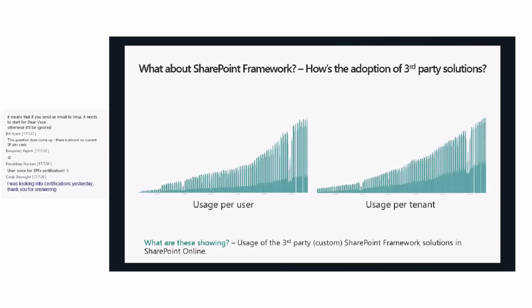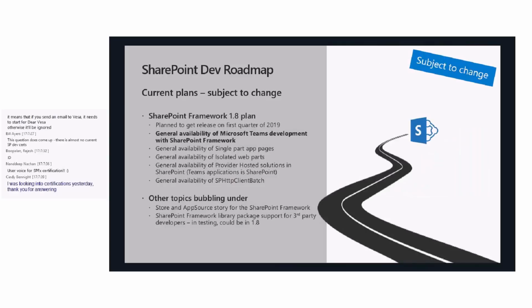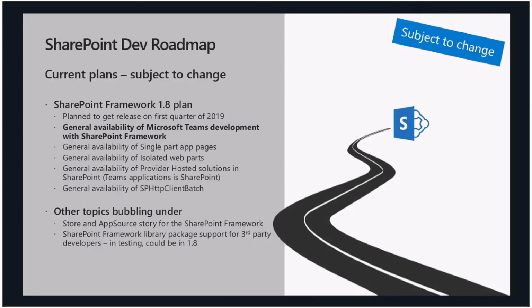Other things, a quick update on the SharePoint Framework developer roadmap. Just a reminder: 1.8 is the next thing which is going to go out. 1.8 was actually originally scheduled for today. So, full transparency, we were planning to release that today. Certain alignments required for Microsoft Teams and SharePoint, so we will delay that slightly. That will not happen today, but we will release SharePoint Framework 1.8 by the end of March, and potentially much earlier than that. So it's happening pretty soon.